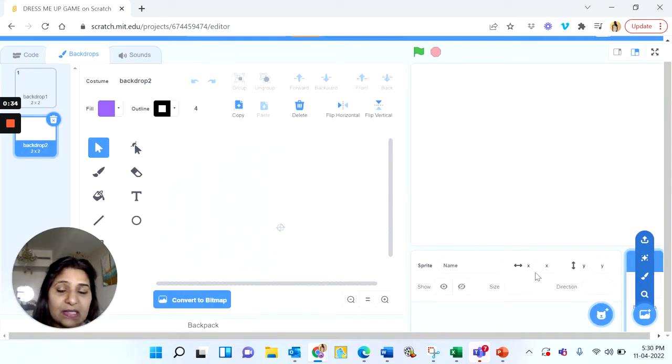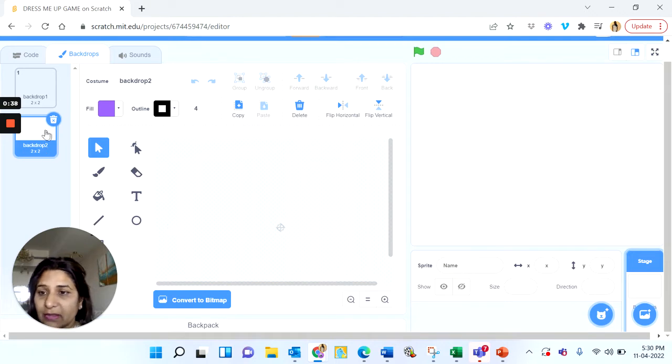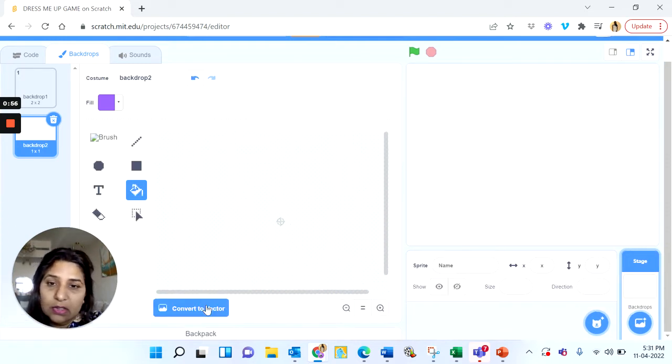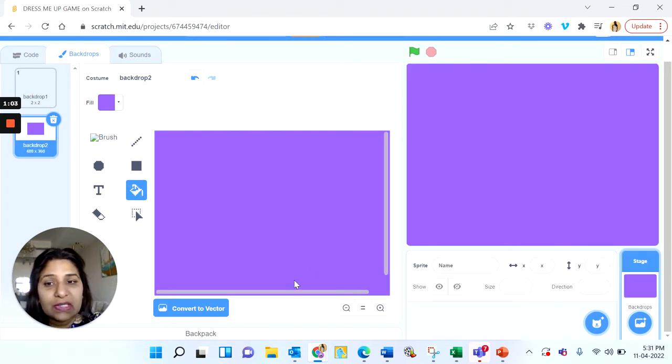So I choose paint the backdrop for the stage and here's a blank backdrop too. I will be filling a color to this backdrop. So I choose this fill tool and when I click on the canvas area here, you can see the color is not filling. So you can click on convert to bitmap. So make sure it is in the bitmap mode. Now when I fill this canvas, you can see it is filled with the solid purple color